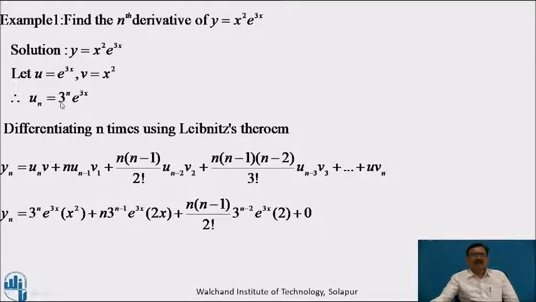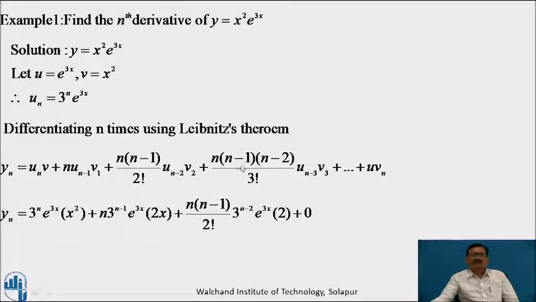In un we are replacing n by n minus 1, that is 3 raised to n minus 1 into e raised to 3x, and v1 means first derivative of v. v is x square, and the derivative of x square is 2x, plus n into n minus 1 by 2 factorial into n minus 2 derivative of u, that is in un we replace n by n minus 2, that is 3 raised to n minus 2 into e raised to 3x, and v suffix 2 means second derivative of x square, that is 2,